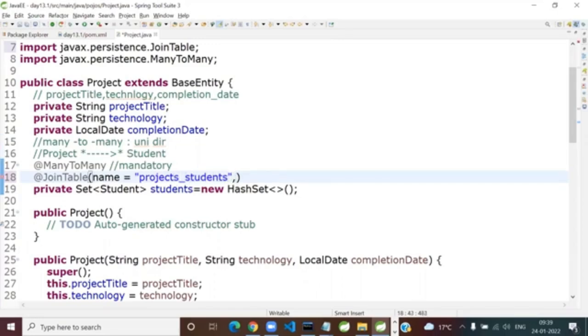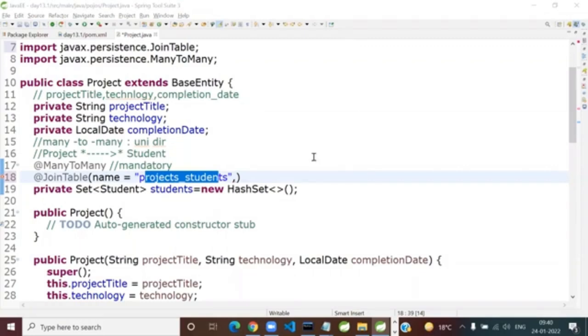Now, when I run the test, which table will Hibernate create? As usual, I've forgotten to add @Entity and @Table. We'll add it, just remind me before I go ahead. So one additional table, project student, will be created. And anyone wants to tell me what will be the columns added? I think you told me, let me not repeat: student ID and project ID.